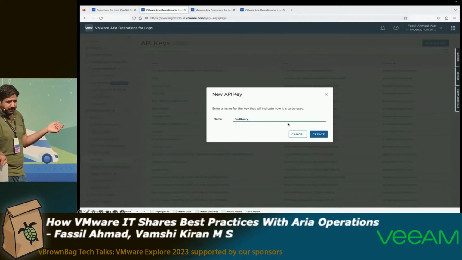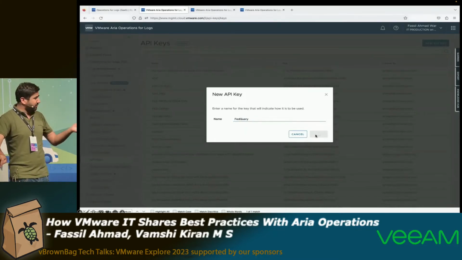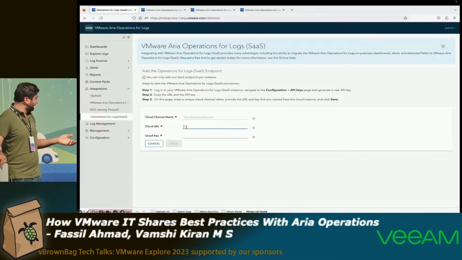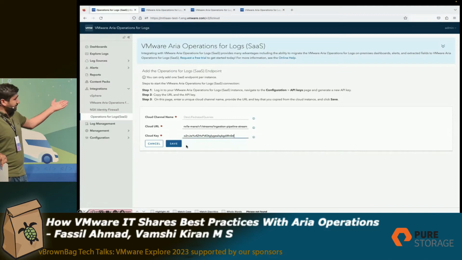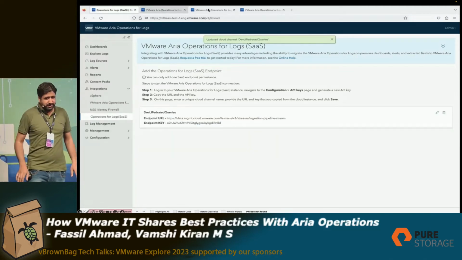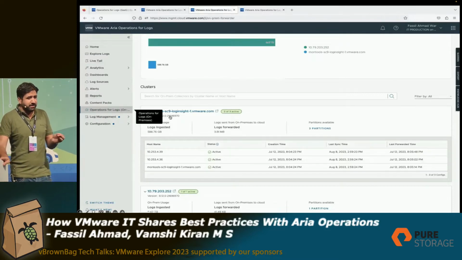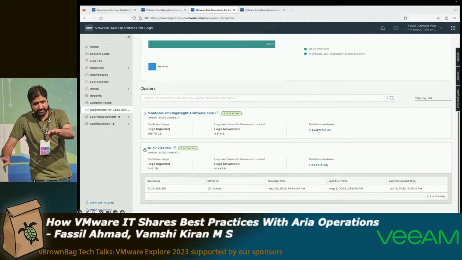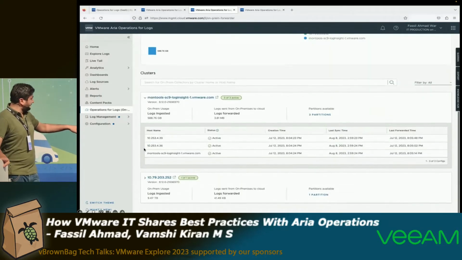So it's a very simple configuration. On the SaaS side, we create the API key, basically the token. We take that token, go to Aria Operations for Logs on-prem. On the SaaS integration, we key in those details. Once it is done, it takes a fraction of a second to show my entire cluster status on the SaaS side. So if I go back to the SaaS,